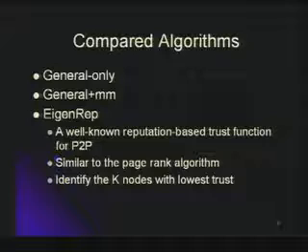We also implemented another algorithm called EigenRep. This is a well-known reputation-based trust function for P2P systems. This algorithm is very similar to a page ranking algorithm used when you fetch a web page through a search engine. By running this algorithm, when it stops, it gives a trust value for every node in the system. What we do is that we just